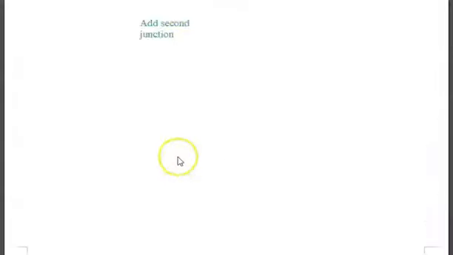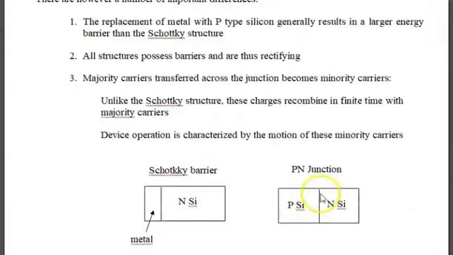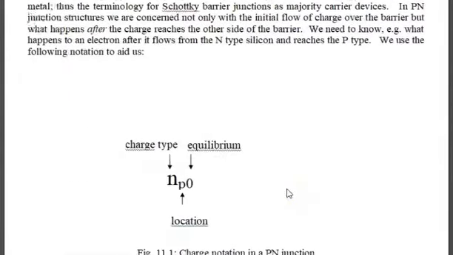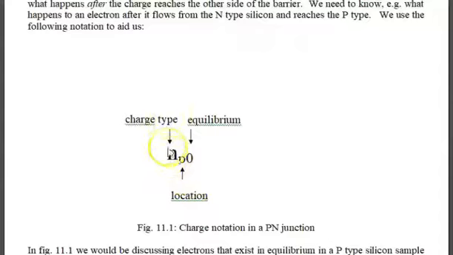Not a problem. However, in the p-n junction, we can have electrons in the N, little n, no problem, but we can also have electrons in the P. So how do we denote electrons in the P-type? And that's a little bit of notation. Charge type is the big letter. The subscript will be the location of where that charge is, and then either 0 or not 0, depending on